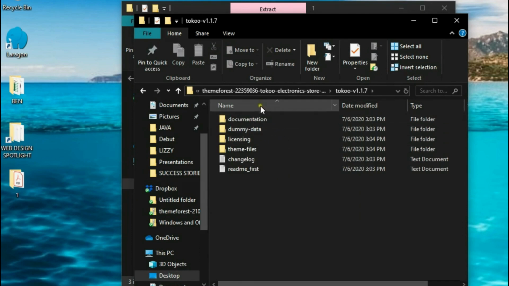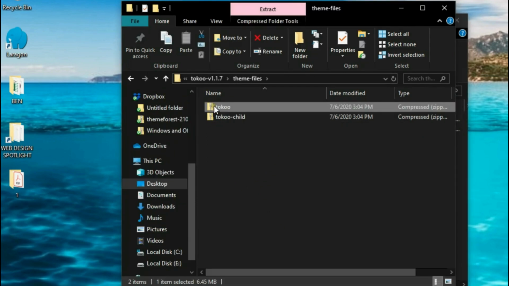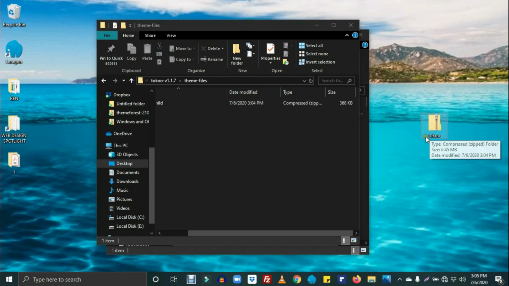If you open it, you see various folders and files. What we are going to upload is inside the theme files. So open the theme files folder. You see two main zip files here. We have Toco and Toco Child. We are going to use the first one, that's the main theme, and this is the child theme. So we are going to install the first one. So you can just drag and drop it on the desktop so that you can have easy access to it. This is the name of it so that it will be easier to locate when we want to do the